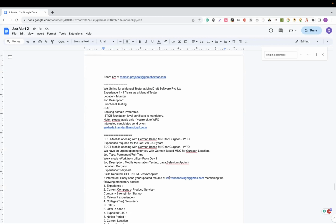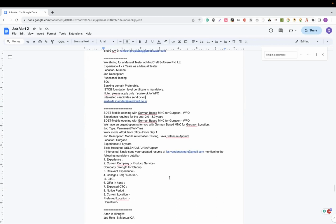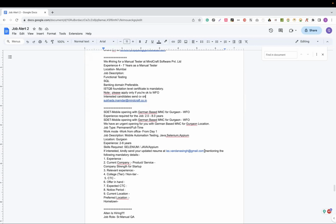You must have good knowledge about Selenium, Appium, automation testing. It is for the Gurgaon location. So if you have all these things, you can share the updated resume on the mentioned email ID with all